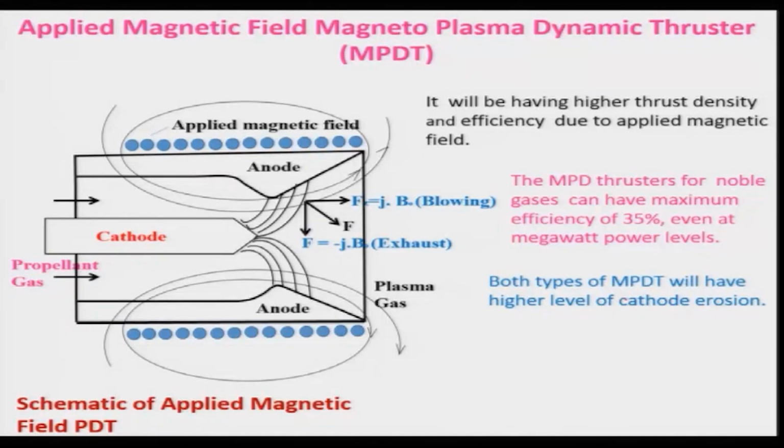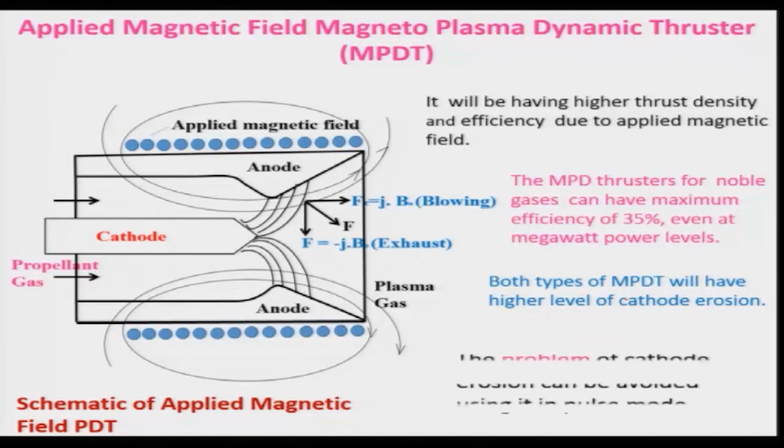And both types of magnetoplasma dynamic thruster will have a higher level of cathode erosion. That is the biggest problem, because you are using a very high voltage over here, and therefore, cathode erosion is the one problem. And the problem of cathode erosion can be avoided using this kind of thruster in a pulse mode. So, let us look at now a pulse mode